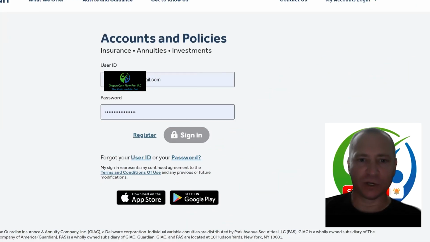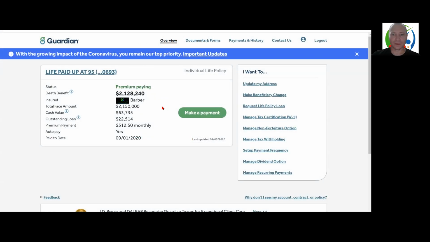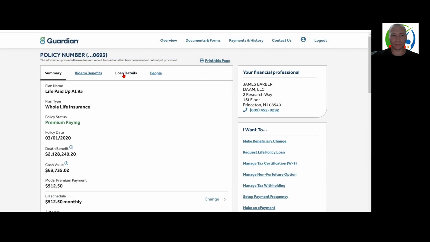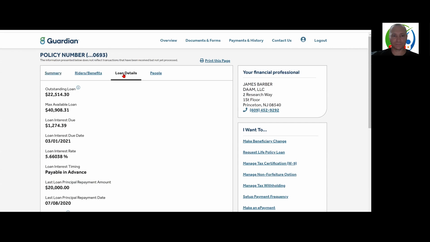First thing we're going to do is go to Guardian's website and log in. Now from the main page, we can see how much cash value we have in our policy, the outstanding value of any loans, and if we want to check to see how much we can borrow, we're going to click on our policy and go over to loan details. And you can see here, we have an outstanding loan and we have the max amount available to borrow. So from here,